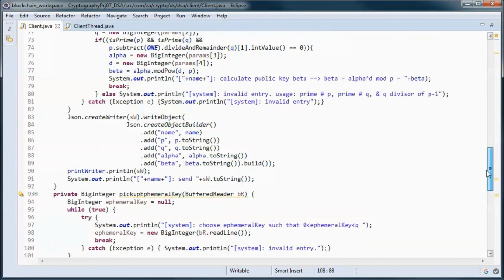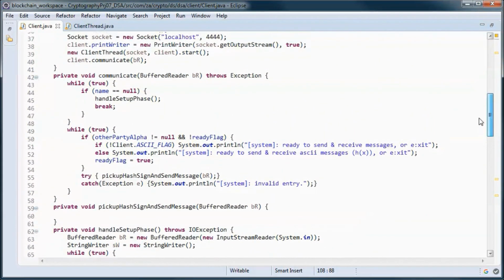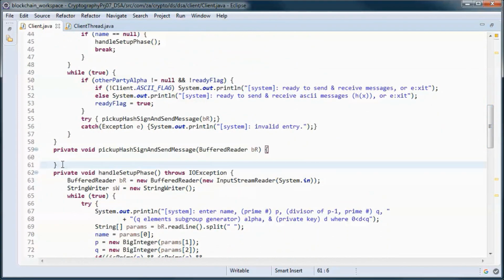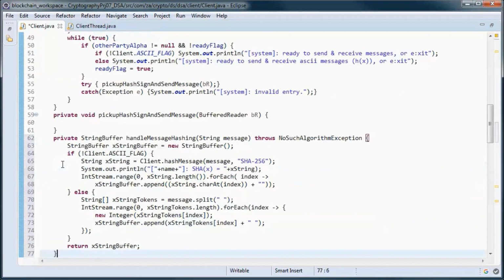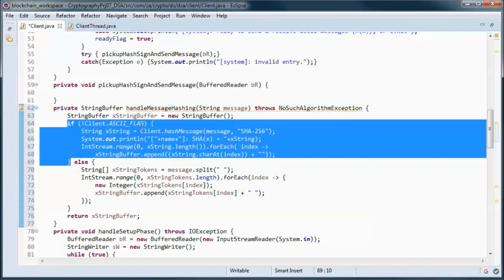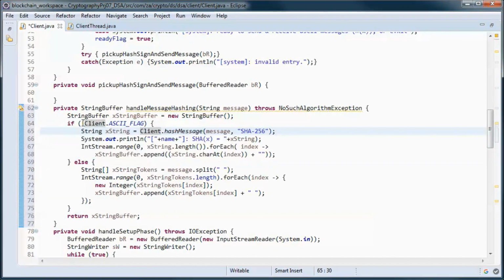And this method handles the hashing of the message. So here we are using SHA-256, and we only hash the message if we are not in ASCII mode.